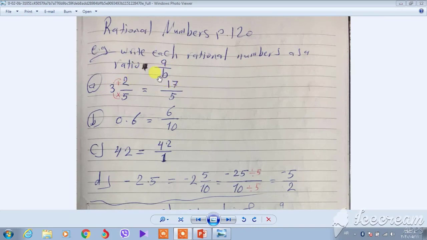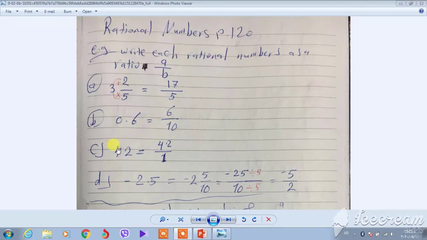We write it in the numerator, students. And for the denominator, we have 5. We write the same denominator in the denominator place b. We have 5. And we have 6 tenths. How can we write it as a ratio a out of b? Because we have 6 tenths, we say 6 out of 10.